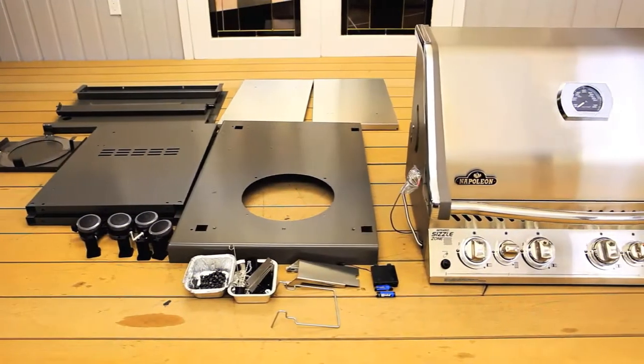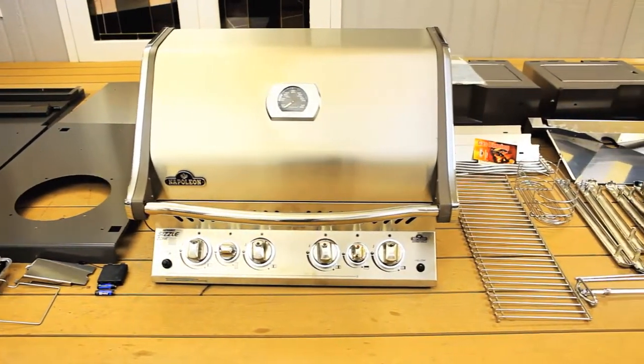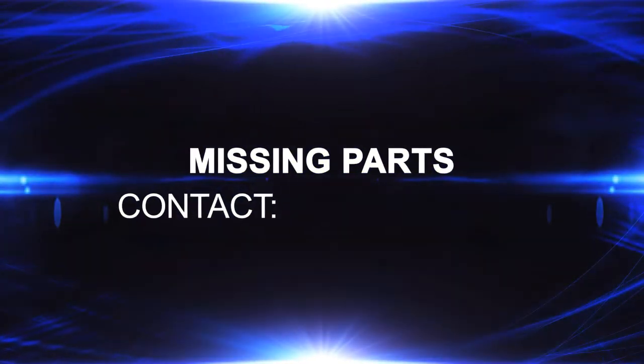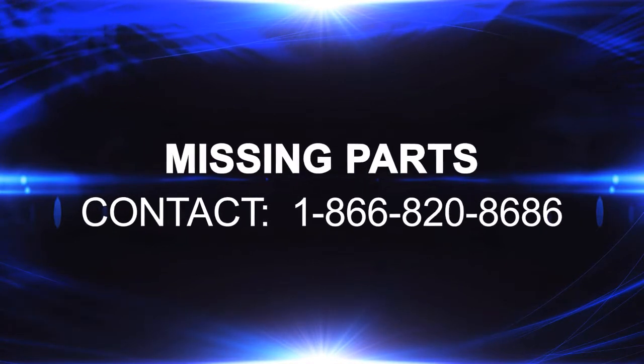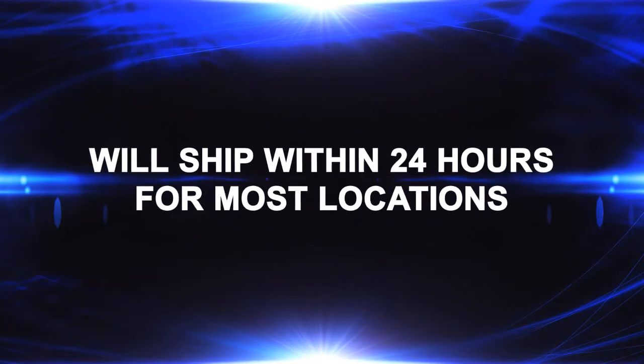Before getting started, it's always a good idea to unpack all of the parts to ensure that they are all accounted for. For any missing or damaged parts, please contact our customer care department at 1-866-820-8686 with the model and serial number of your grill, and we'll ship you the new part within 24 hours